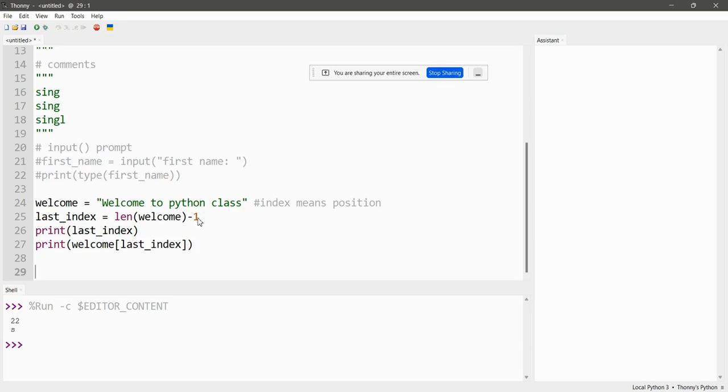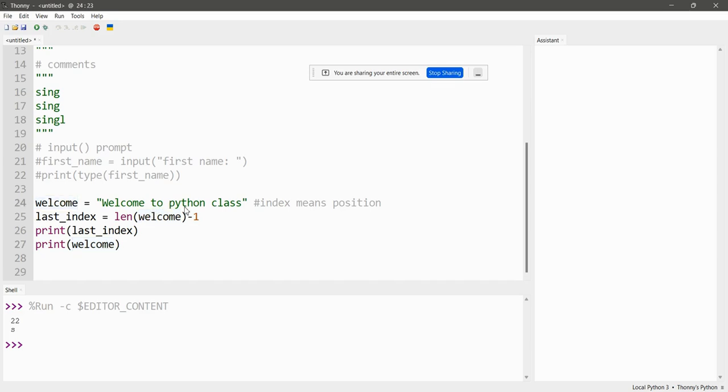Now to get the individual characters, we use the variable name, because anytime you call the variable name, it will give you exactly what you assigned to it. We just assigned the string value to the variable, so anytime you print the variable, like print welcome, that is going to give us the